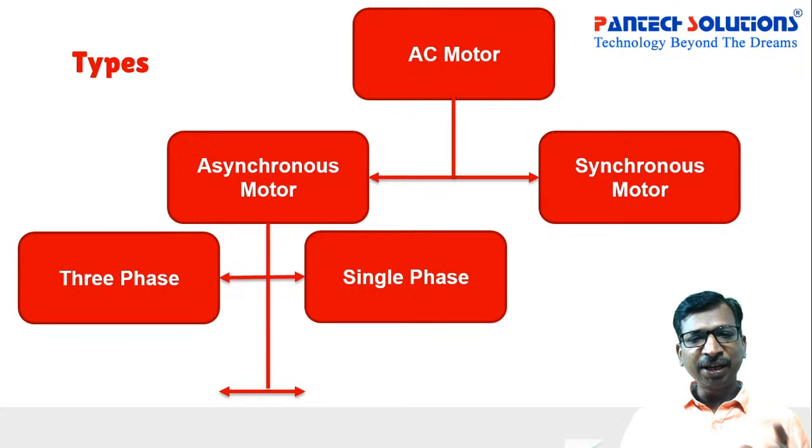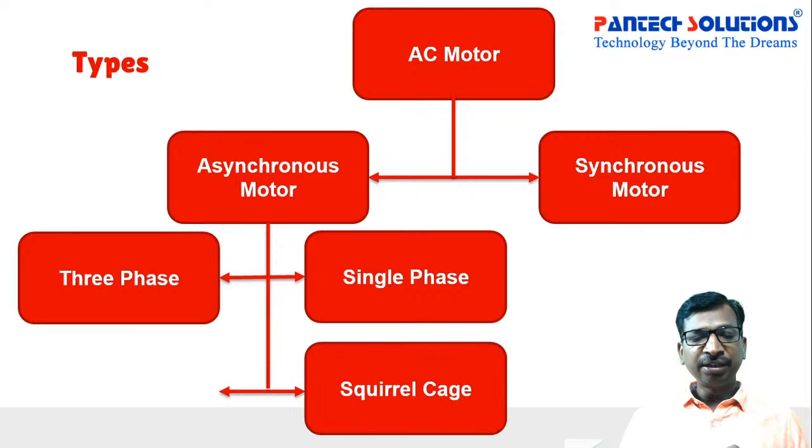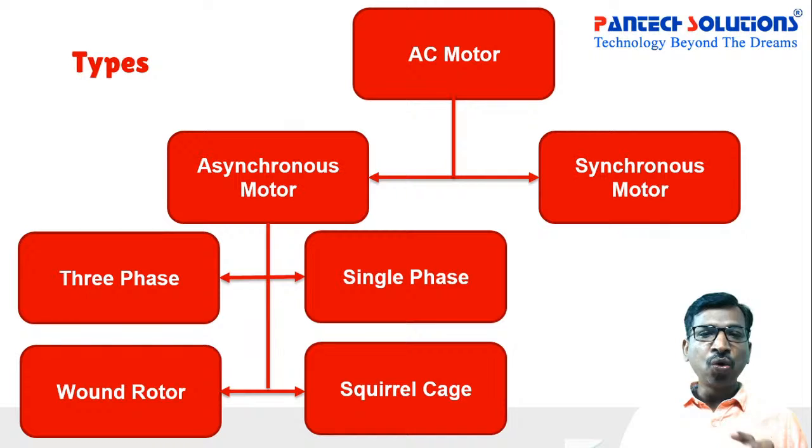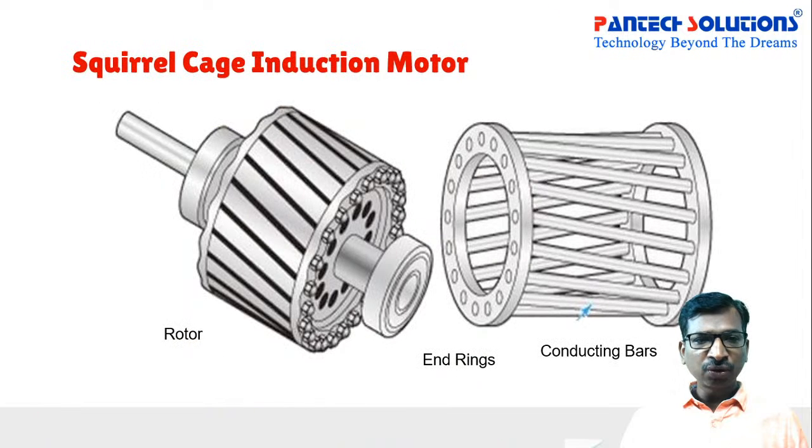And similarly, we can further classify based on the rotor structure, as per our earlier discussion. Based on the rotor construction, we can classify it as a squirrel cage induction machine, and similarly, wound rotor induction machines. If you take a squirrel cage induction motor, so this is a squirrel cage induction